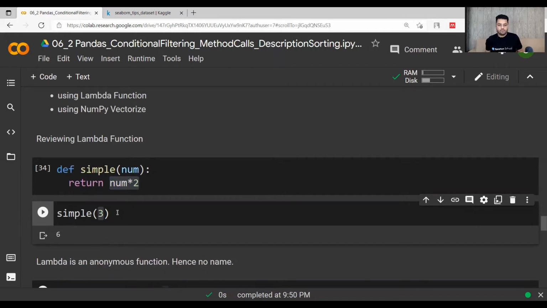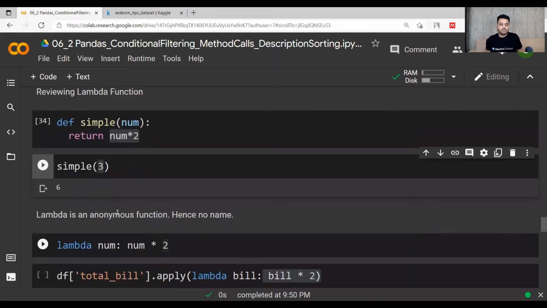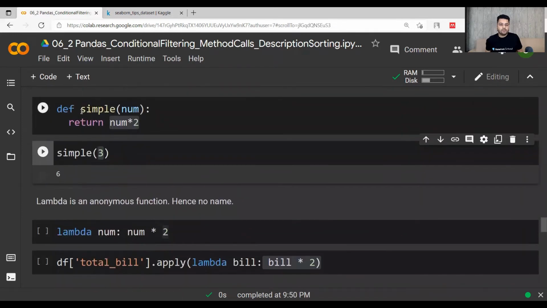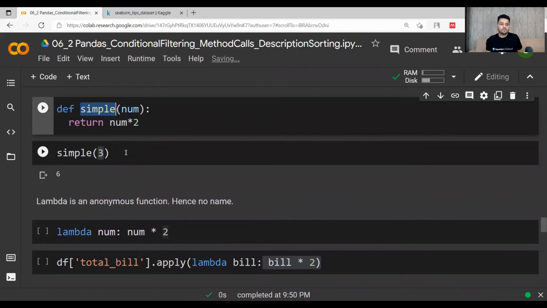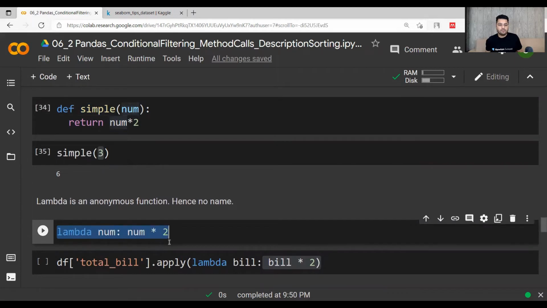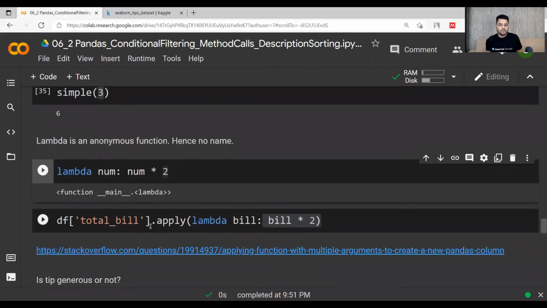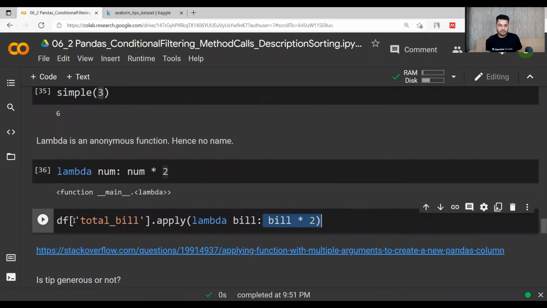Now if you want to do it through a lambda function, lambda is an anonymous function. It has no name. The way we have defined this custom function with the name simple, we do not need to write a name like this. You can just simply write lambda num colon num into 2. This is the lambda function that has been defined, and we will be using this function within the data frame total bill.